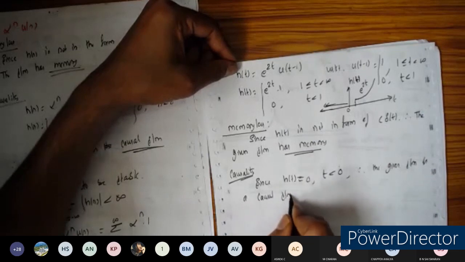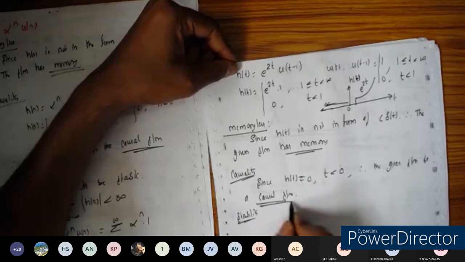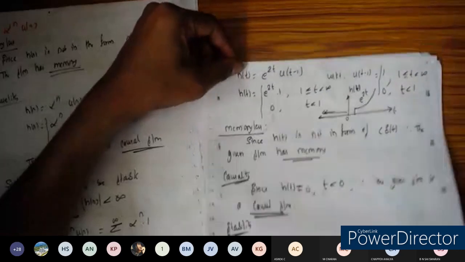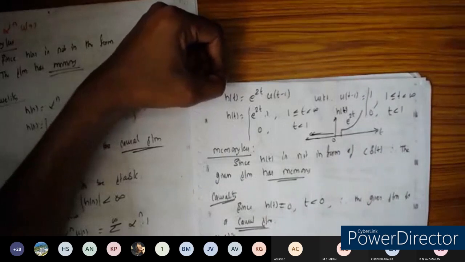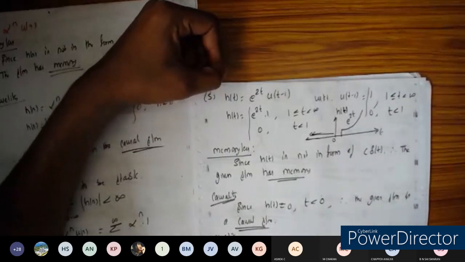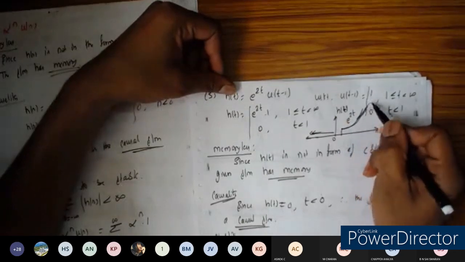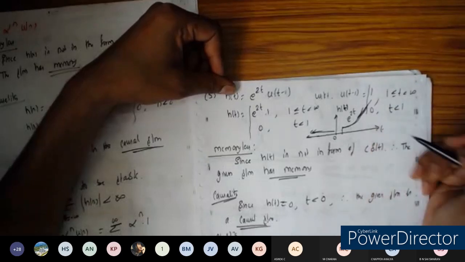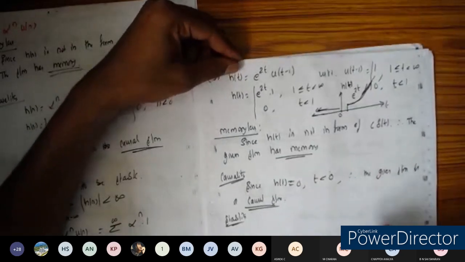Okay, next, let us go for the stability property. Stability. By observation, can you tell me whether it's a stable or unstable system? You can see it is exponentially growing; when t becomes infinity, this will also become infinity. Is it stable or unstable? Unstable, sir. Yes, unstable. When it becomes infinity, we can say it's unstable.